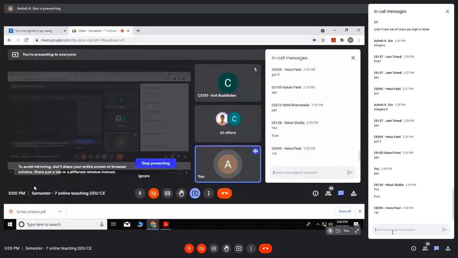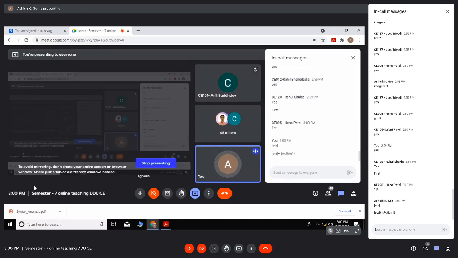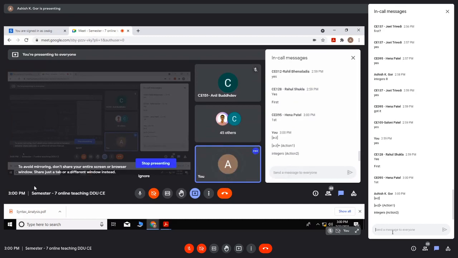If you change the order, first I write A to Z plus and then action 1. Then I write integer, and then action 2. Is it valid to write like this or not?